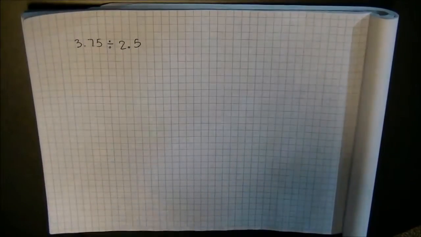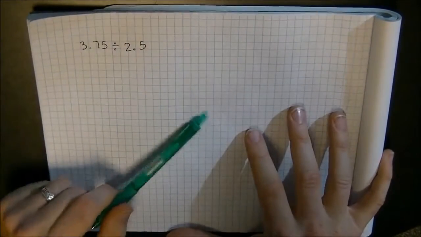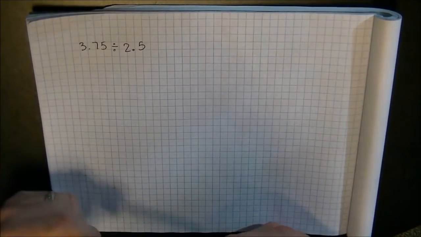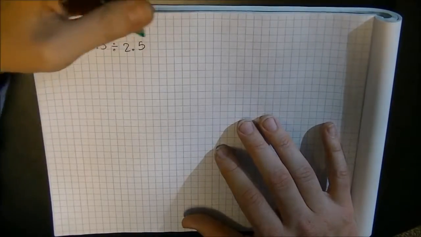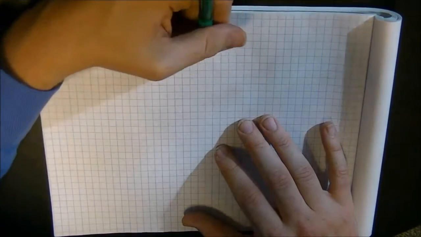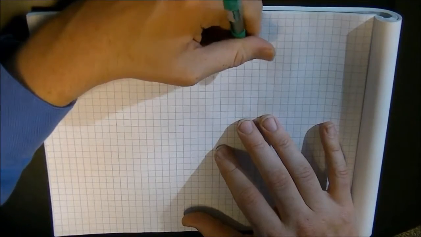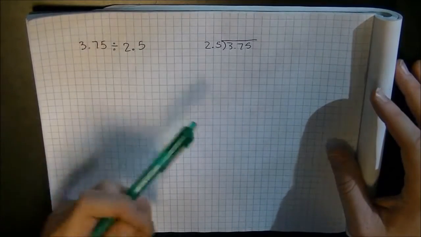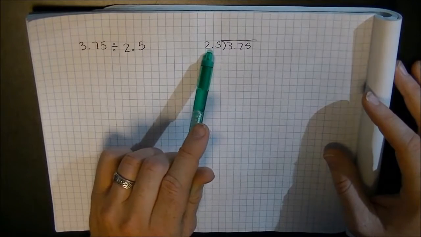Okay, so with division, things get a little weird. In multiplication, we were able to pretty much just ignore the decimal places until the very end. With division, since it's multiplication backwards, we pretty much have to deal with the decimal places immediately. So what we want to do here is write 2.5 going into 3.75 like this, but the problem here is I can't deal with the decimal being in my divisor,